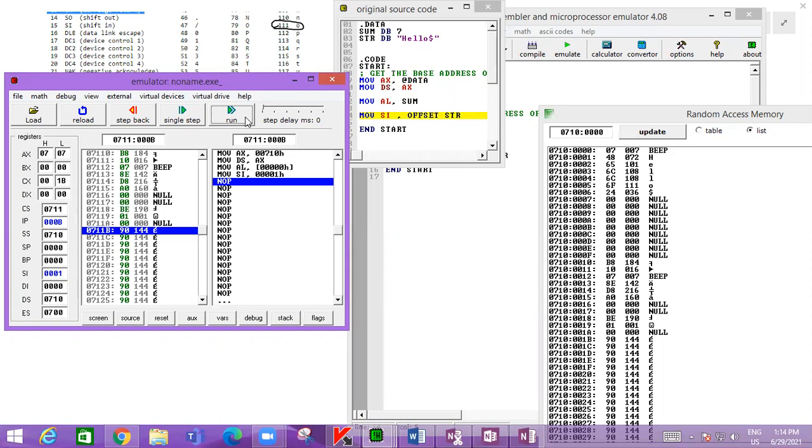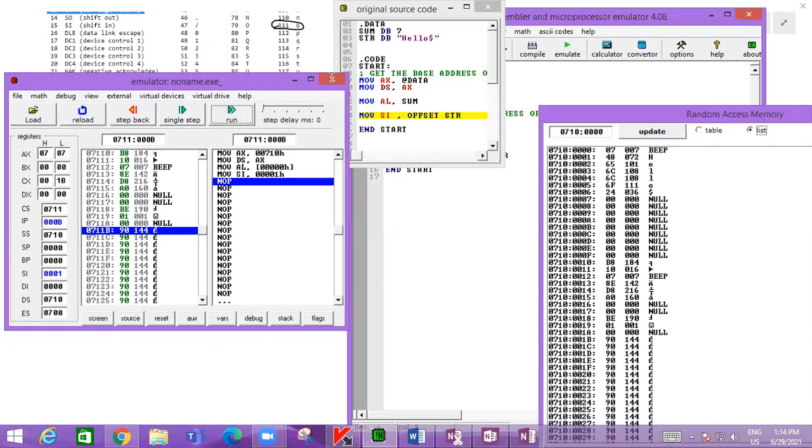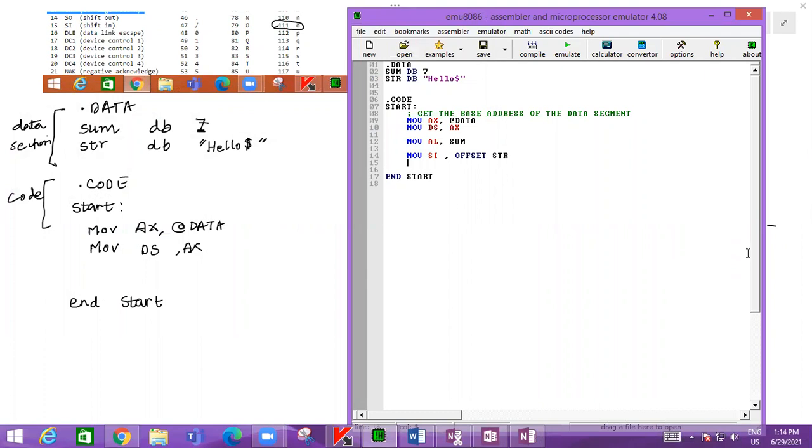Next, what we'll do, we will read each character. Okay, each character. So for that, what we have to do, we will read each character. So the source index is having the offset. So move, source index corresponds to the address. That's why put it in square brackets, and get that into some register. Again, where do we get it? We'll get it into some register, BL.